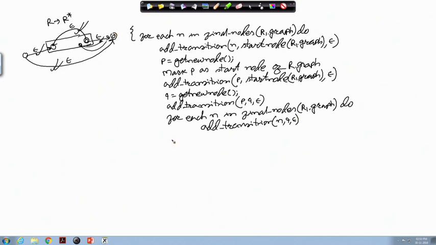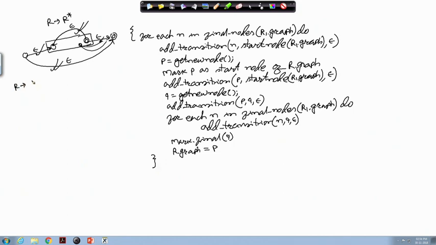the final state. So, mark final q, and then we have to say that R.graph equal to p. Okay. So, this way we can write down the syntax directed translation scheme for converting this regular expression R to R star. Now, there are two more simple rules that I have got.